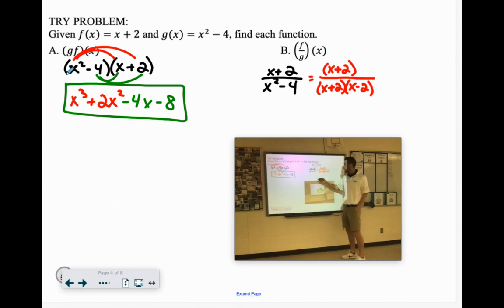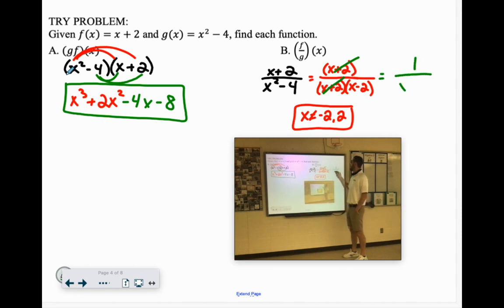Our restricted values, x cannot equal negative 2 or 2, because then the denominator would come out to 0. And then the x plus 2 will cancel, so we're left with 1 over x minus